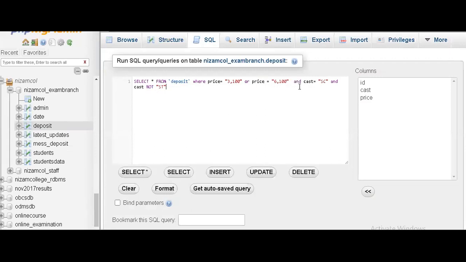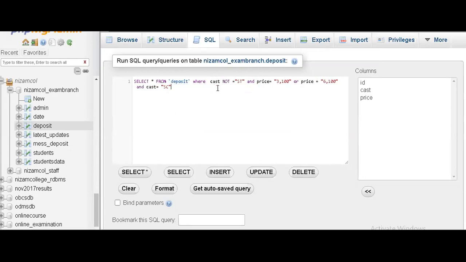Or I'll say here, where caste not equal to ST. And if I say this one, so it's a framing of things.